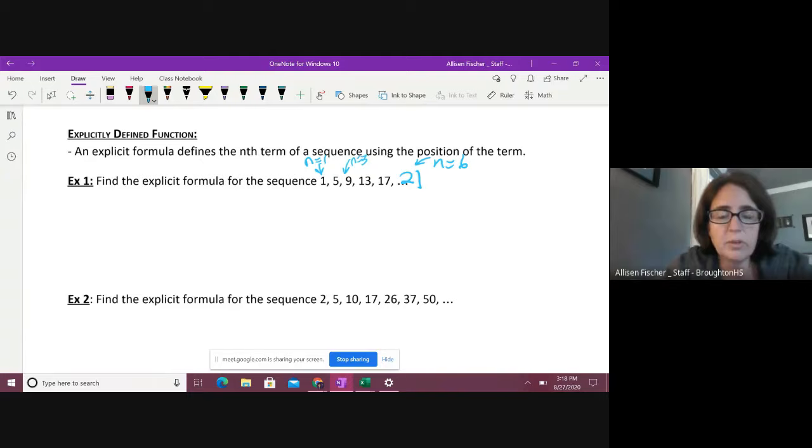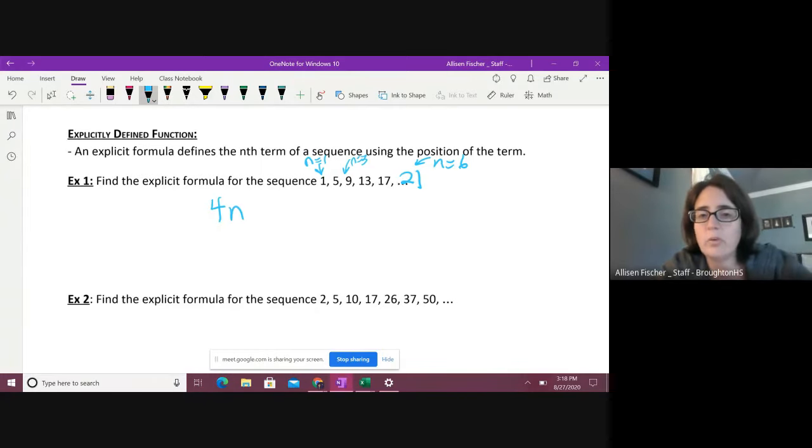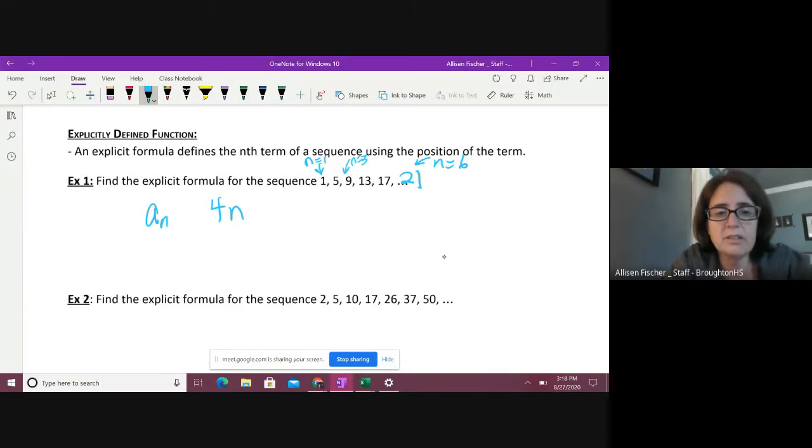We know what the formula might be. But you have to remember it's like slope. So if you think like y equals mx plus b, like a line, that should be what our formula looks like. It should have the same general formula as a line. So if our slope is 4, our answer is going to have a 4n in it because we're increasing by 4 each time. So if I write a rule for this, I'm going to say a sub n equals,